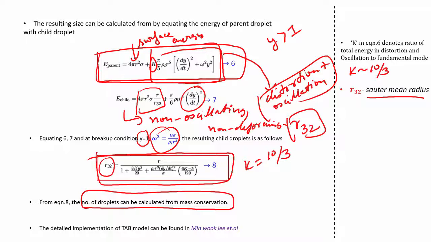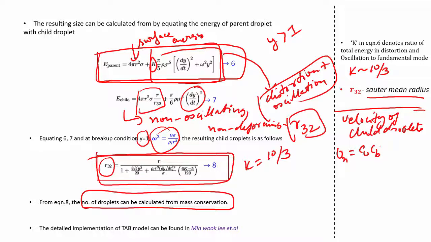Okay. So these are the basic things. This tells you what will be the energy of the child droplet and what will be the energy of the daughter droplets. Now, another thing that still remains is what will be the velocity of the child droplets. That is what we mentioned, velocity of child droplets. As we said earlier, this velocity of the child droplet is usually given by